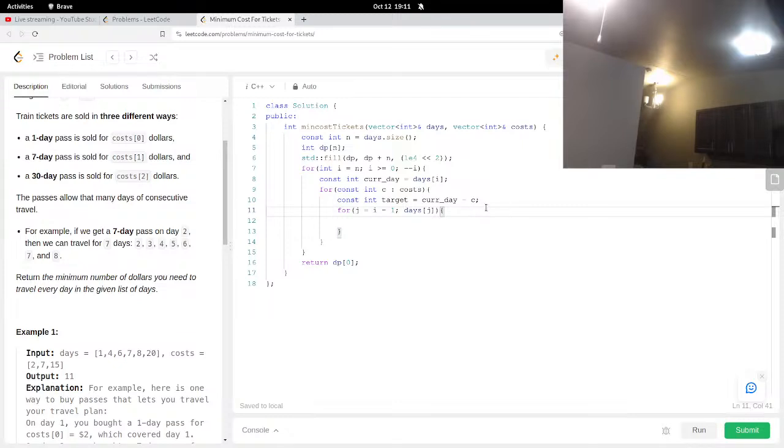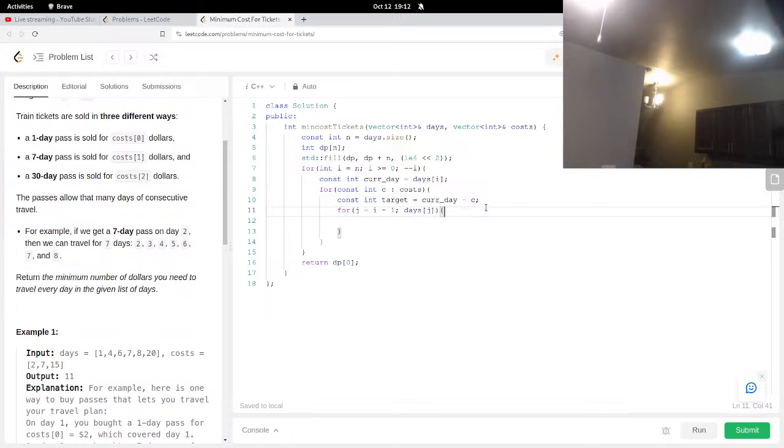Yes, you could technically work backwards, but how exactly do you do that? You want to spend one ticket with some price to get this day, right? The ith day, the last day, right? And you could spend a 30 ticket, you could spend a 7 ticket, or a 1 ticket, right? And what that would imply is you have a certain cost